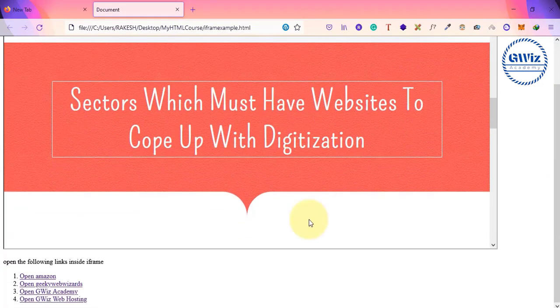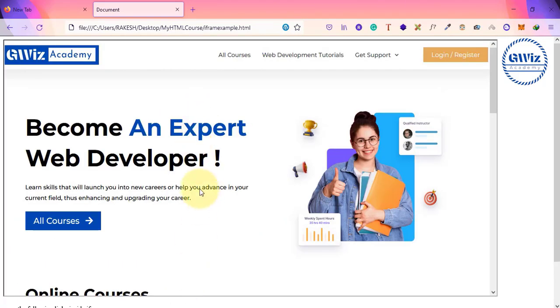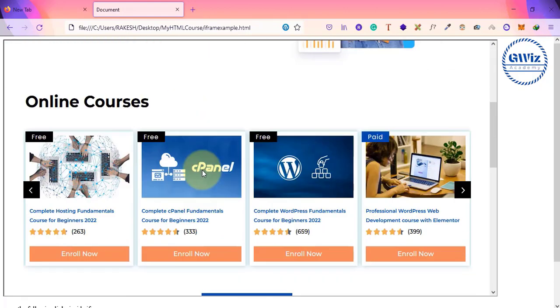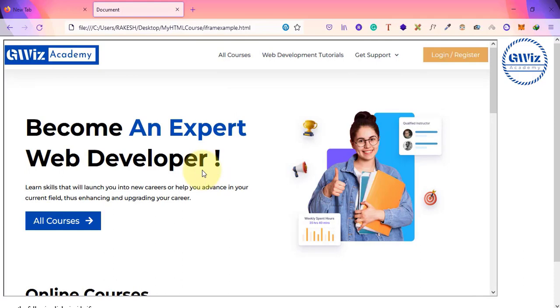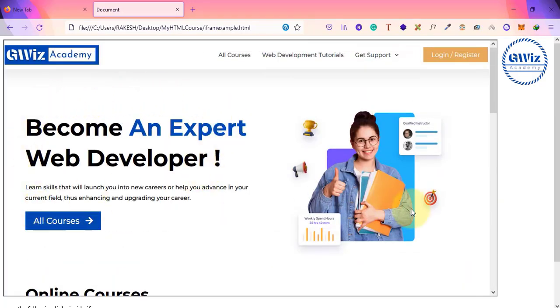And if you click on GWiz Academy, what happens? Wow, so the GWiz Academy website gets opened within this particular box. So this particular box, we call it an iframe. Using this iframe tag in HTML, we can display other websites inside our web pages. Either you can display the whole website like this, or any certain part of the particular website you can display,